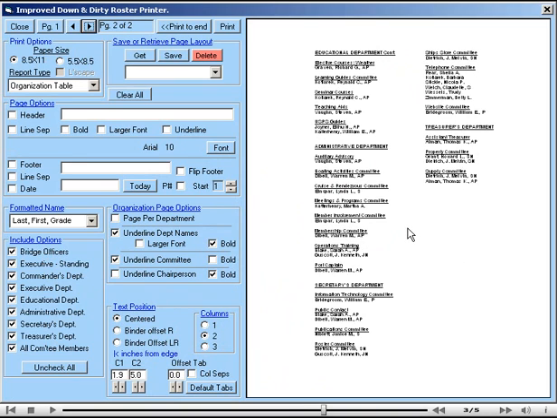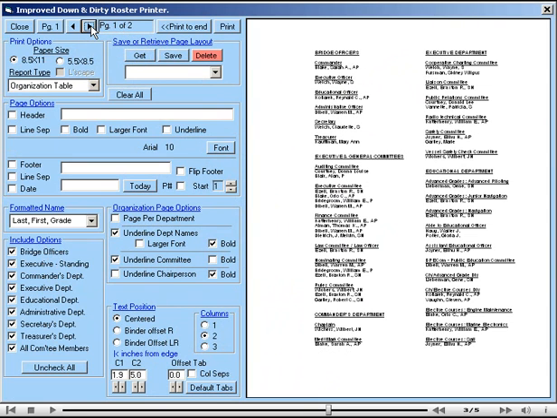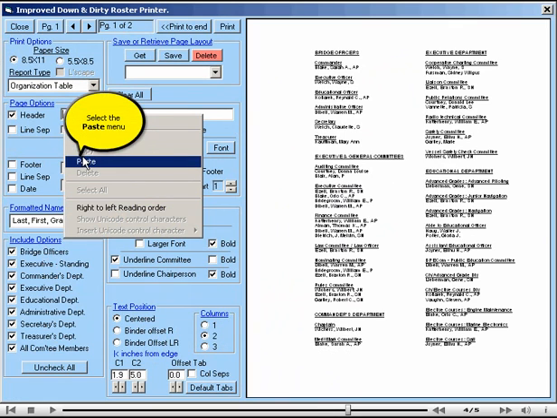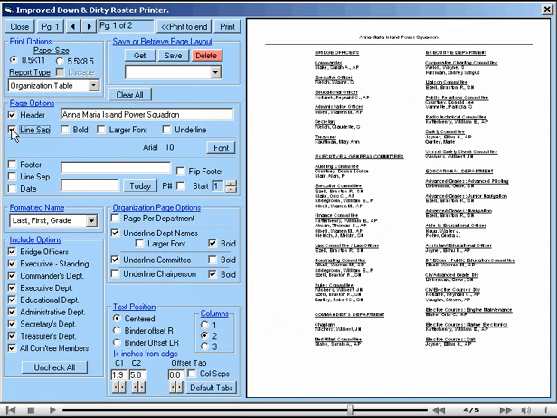Another thing that we need to do is to make the overall page layout similar to what we had decided for our roster. If you recall, our roster page layout had a header which we can put in, and it had a line separator, and the header was in bold and a larger font. We also had a footer and a line separator, and the footer was